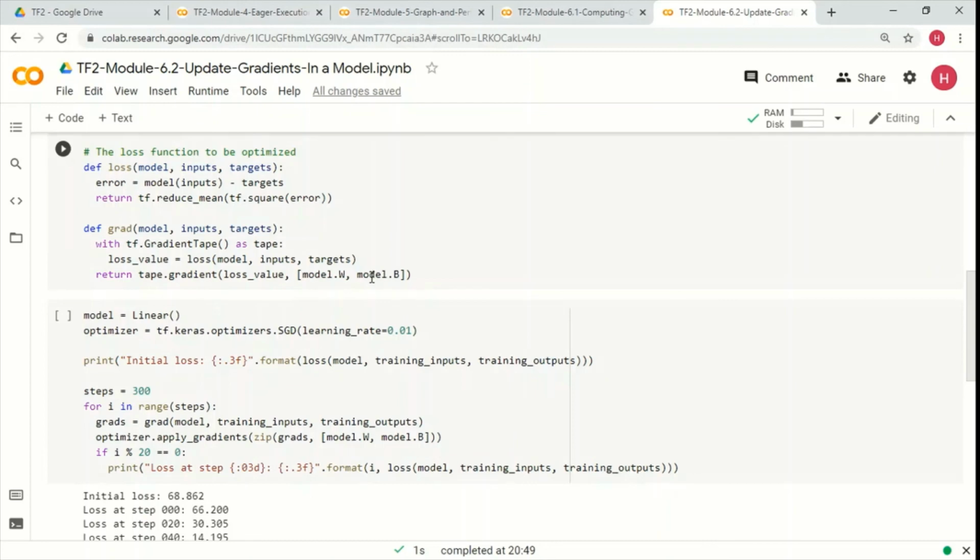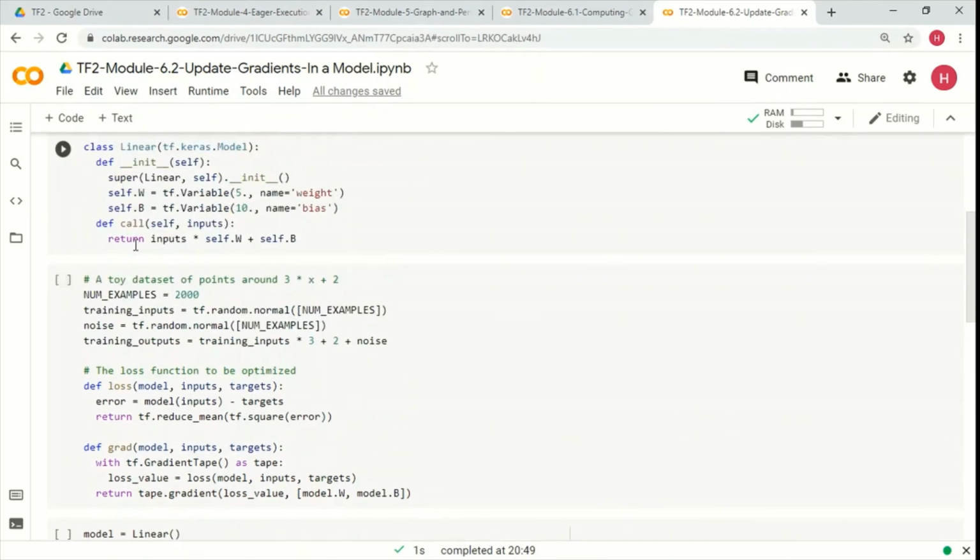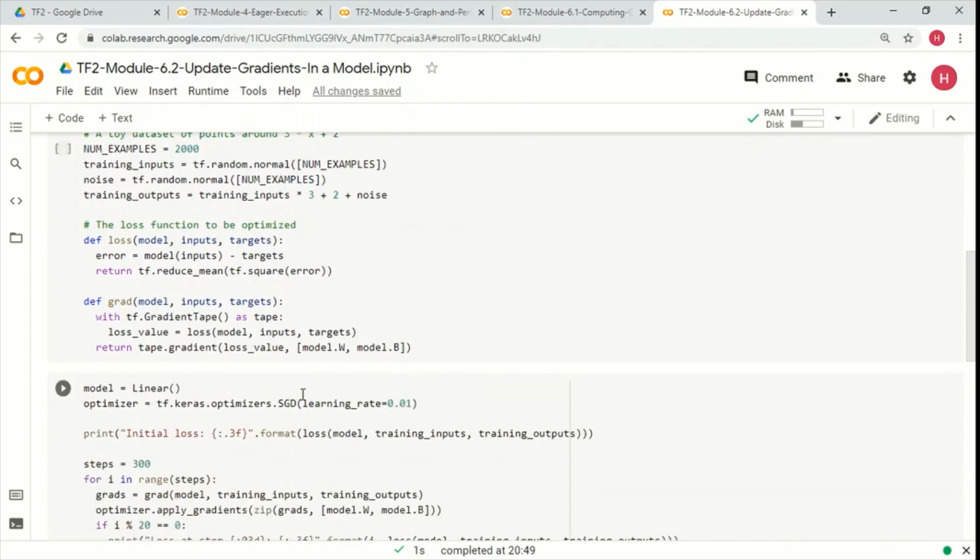So we are basically referring to these variables that are declared in the init method, right? So we are able to access that model.w and model.b very easily, and we can apply the gradients. And in the gradient, we are calling this loss function here, and we are passing the model input and output.